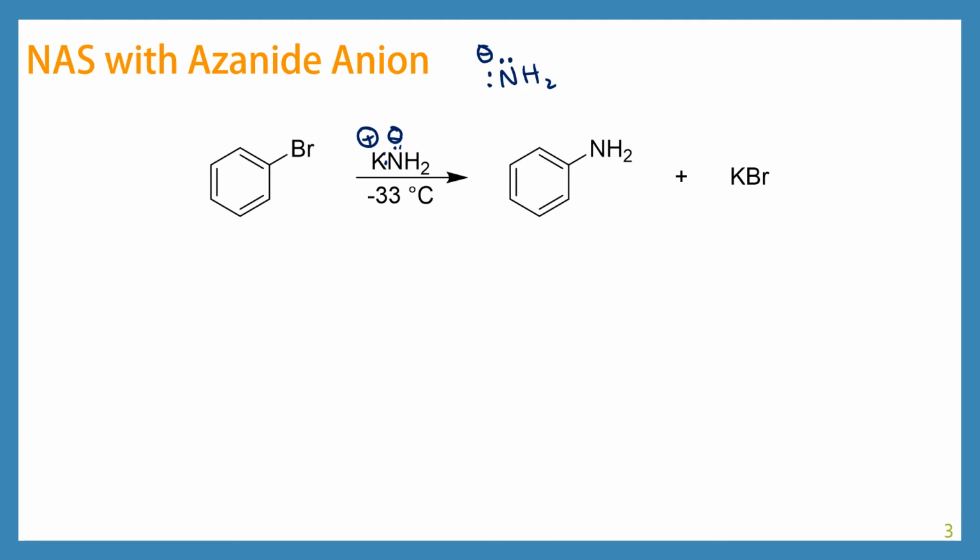Now, there's something different about azonide when you compare it to hydroxide, which is that azonide is a much, much stronger base. So notice that this reaction is actually happening at negative 33 degrees Celsius. So not only do we not need heat to initiate this reaction, we actually want to make it cold and slow the reaction down a little bit. So in this mechanism,